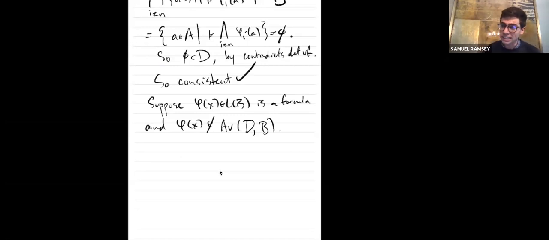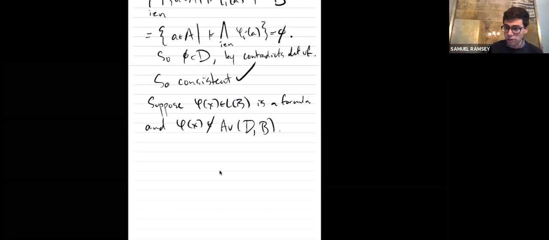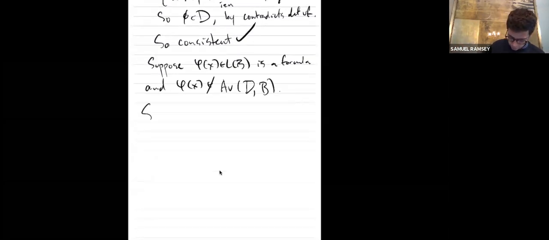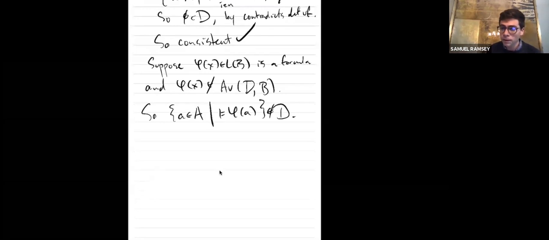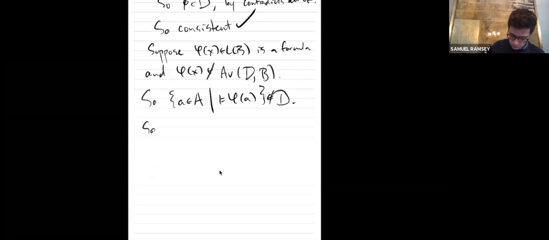Then it had better be the case that it intersects A in a set that's not considered large by D. So the set of a in A such that phi(a) is true is not in D. So its complement is in D. What is the complement of this set? Well, this is exactly the a in A that satisfy not phi(a),